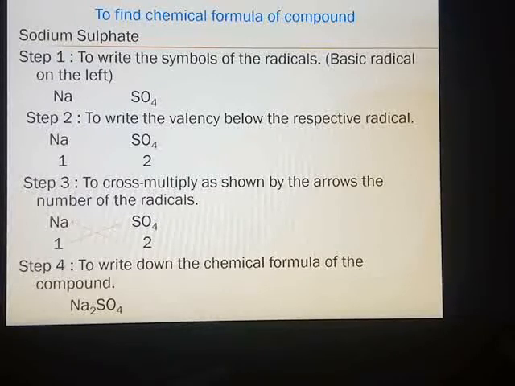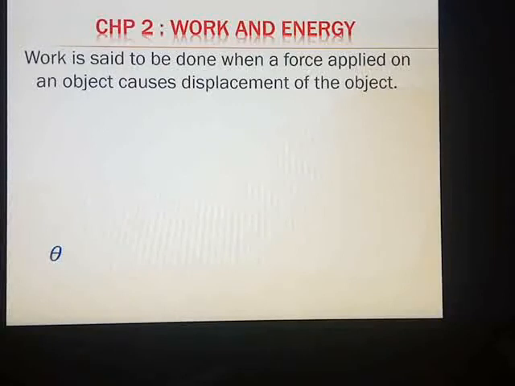So here our revision for chapter number 3 and chapter number 4, which were there for your first online assessment, is over. Now we start with the revision for chapter number 2, which we completed for the second online assessment. The remaining 2 chapters are already covered recently and all the topics are known to you. Everything was covered. So for our science section A, this is the last chapter of revision, work and energy.